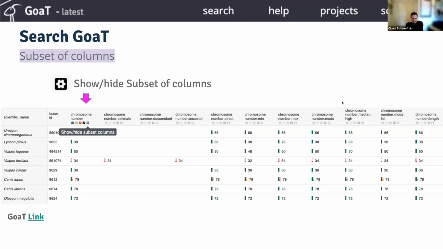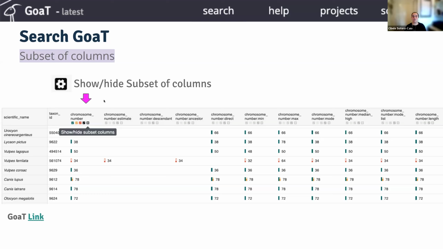Okay, and now we have some additional buttons on the columns that can help you filter data even more. The cogwheel here allows you to show or hide a subset of columns.